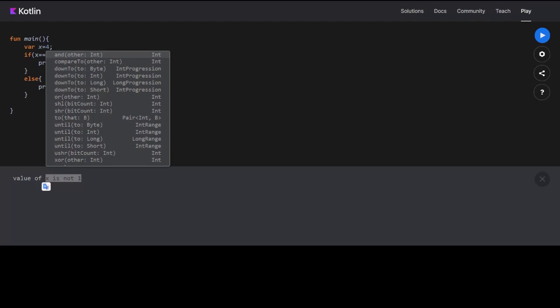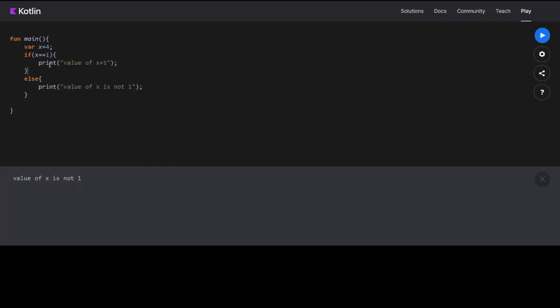JVM, Java Virtual Machine, not JVM. If we don't put curly braces, will if or else read any statement or not? Okay, let's try that. If we don't put curly braces, I think it will read only the first line. After that, it will work. But if you put anything after this, it will not consider that for if, and it gives an error.